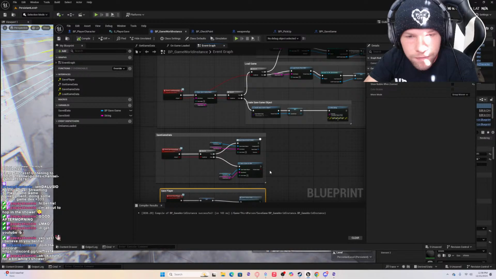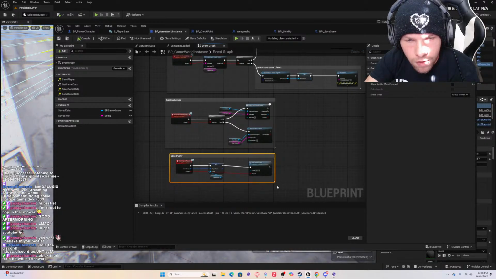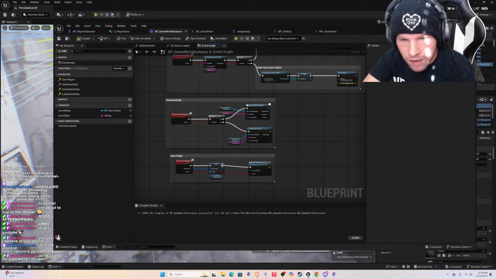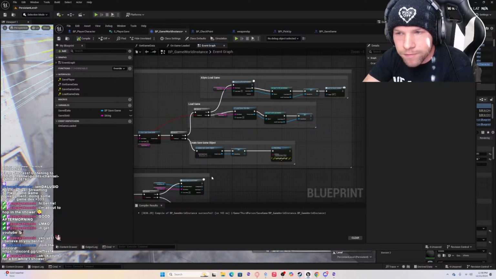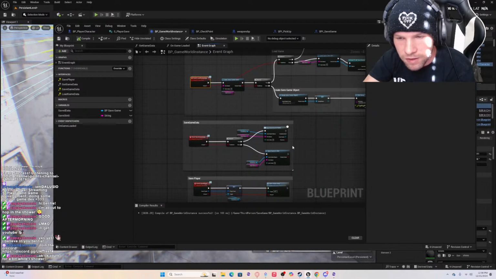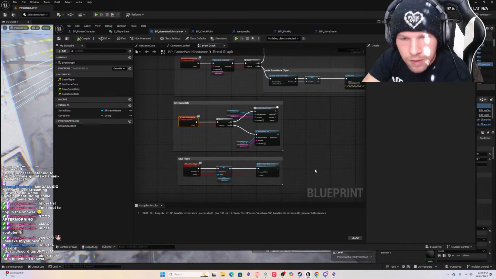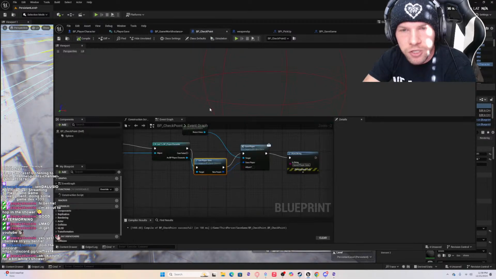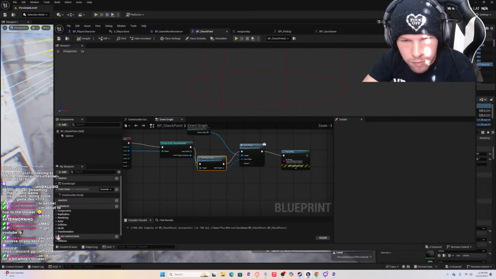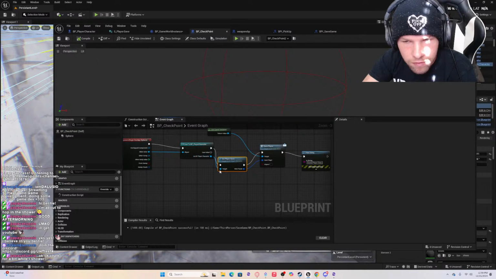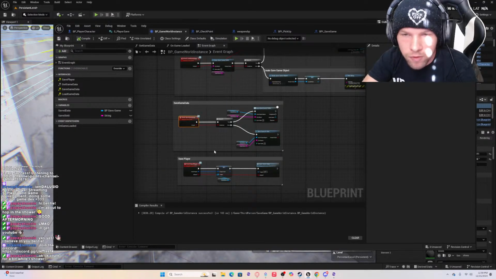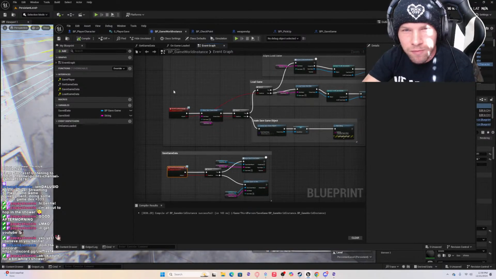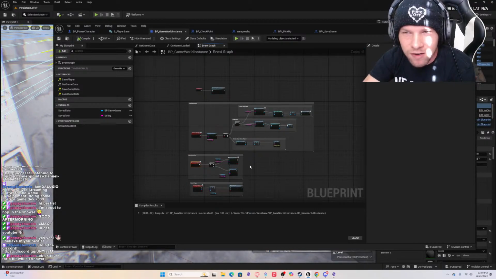Okay, so the save player, all that does is run the save game data. So this is called through these checkpoints, I believe. No. I don't remember how this works, to be honest. It's been a minute since I put this together.